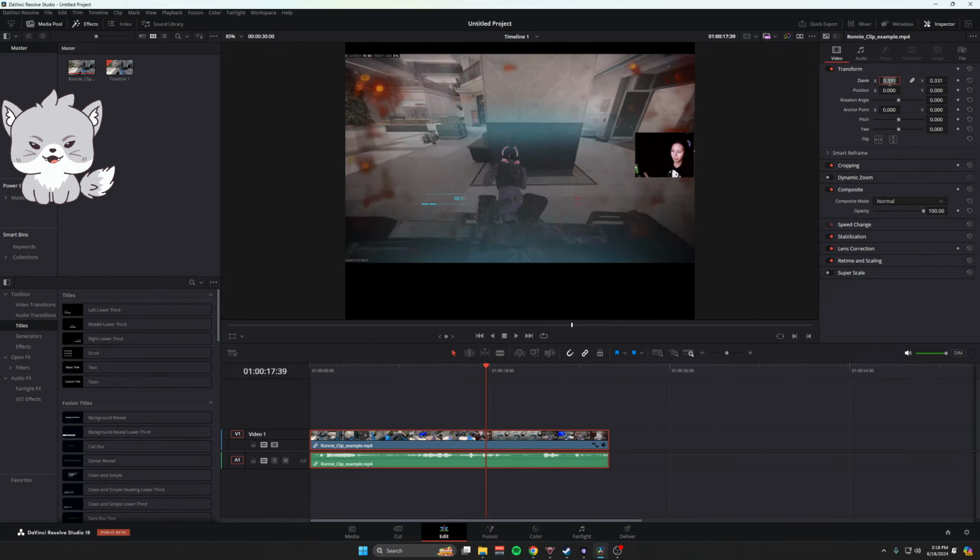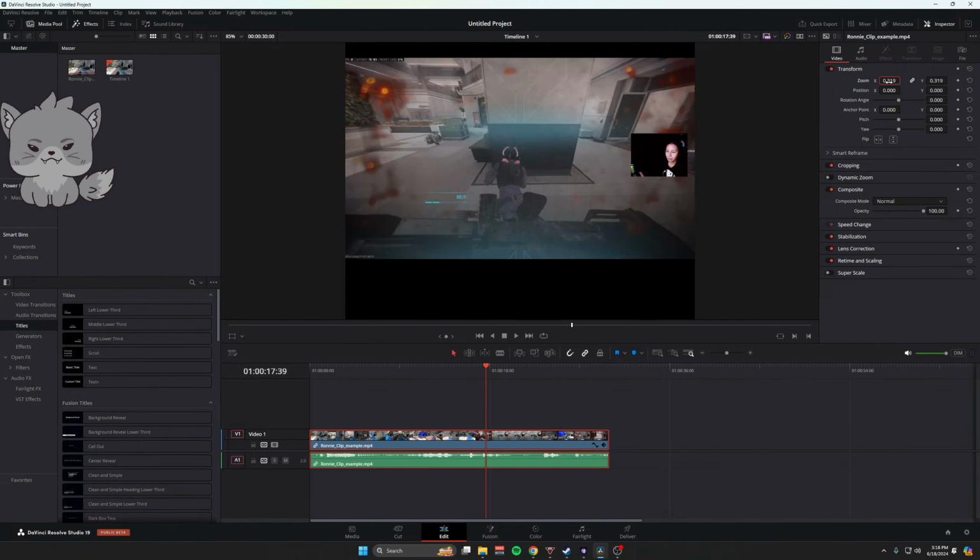Actually, you know what? 320 might be... Let's do 0.316. Just for now, since we're actually going to change it anyway, so it's not even a big deal. But if you put 0.316 in your x-axis, you'll actually notice that these are linked right here with your